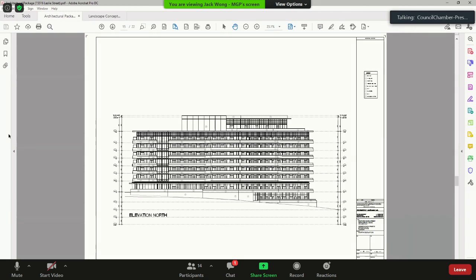Councillor? So about 30 with the mechanical penthouse and 8 stories. So I'm just curious that the proposal says 7 stories and 26 meters, but 1/3 of the building is 8 stories and 27 meters.